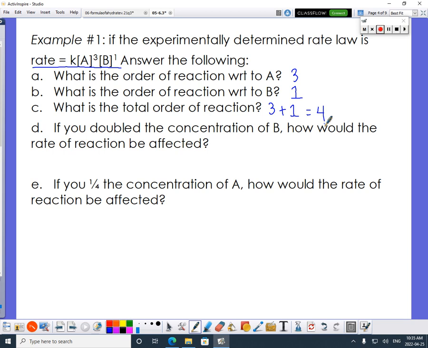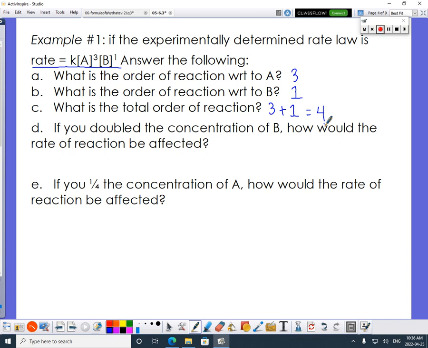And so this is an exponential function. It's the concentration of A raised to the exponent 3, or cubed. So that has a much larger impact on the rate than raising something to the exponent of 1. And if this kind of math messes you up, you can just test it out in your calculator. What is 2 to the power of 3 versus 2 to the power of 1? 2 to the power of 3 is 8. 2 to the power of 1 is 2. Raising something to the power of 3 has a much, much bigger impact on